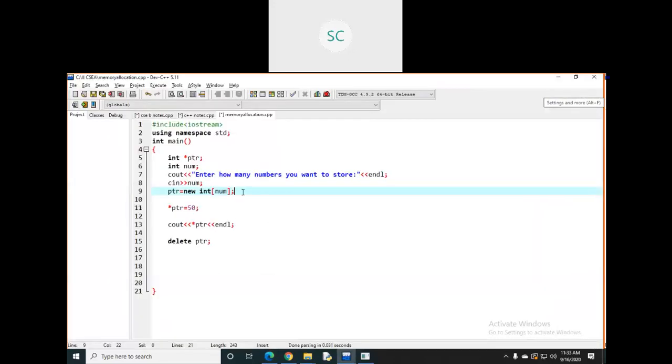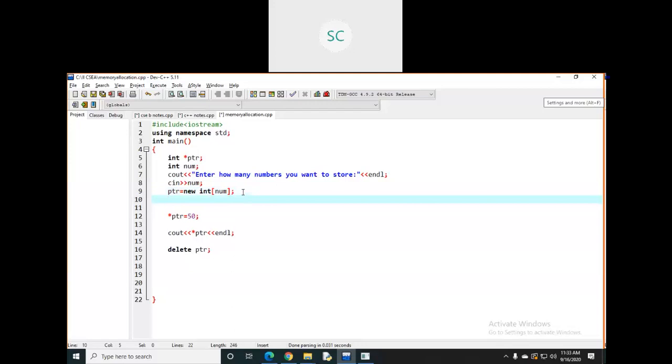I'm just using this for loop: for int i equals 0, meaning the index starts from 0, then i less than num, up to that size, then i plus plus.